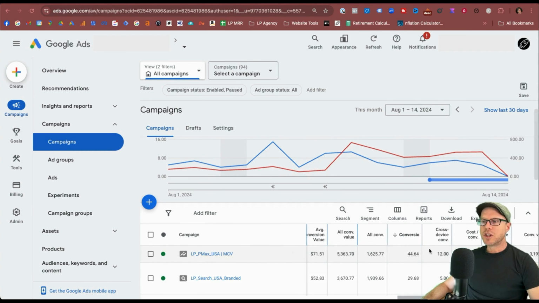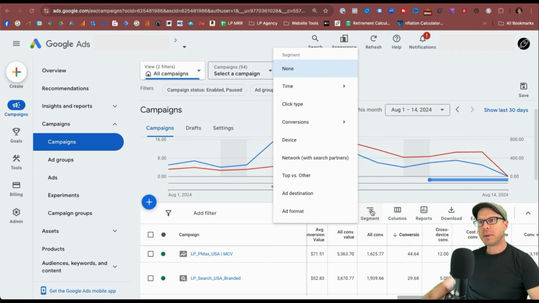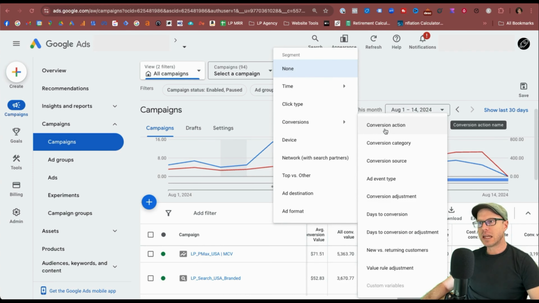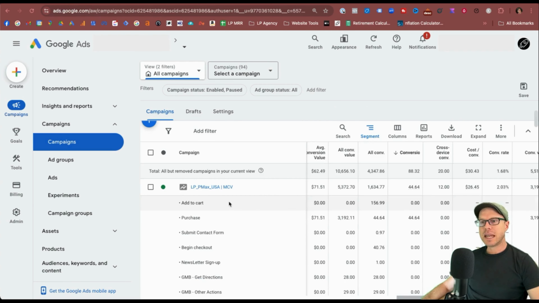Coming back to the all conversions and conversions column, if we want to segment exactly which conversion actions are falling into the all conversions or the conversions column, we can simply come to this segment pop-up here and hover over conversions and click conversion actions. We can now see each individual conversion action under each individual campaign, how many conversions took place under the all conversions column, and then also how many conversions under the standard conversions columns from the goals being counted at the